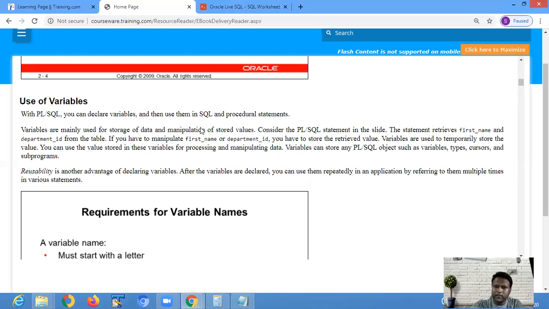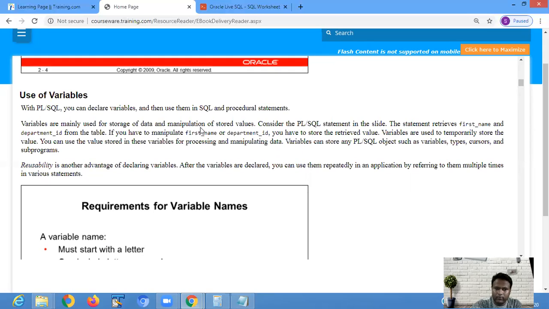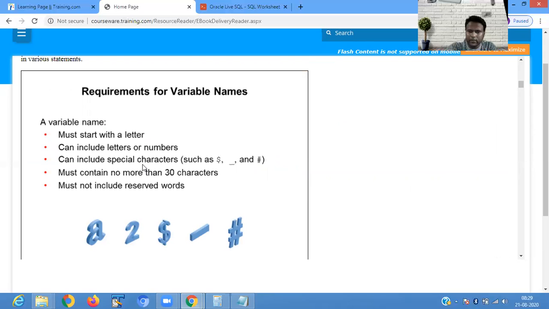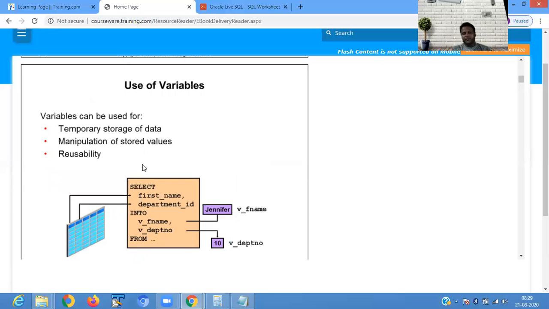Consider the PL/SQL statement: select first_name, department_id into v_name and department number from table name. So a variable is used to store the value temporarily.